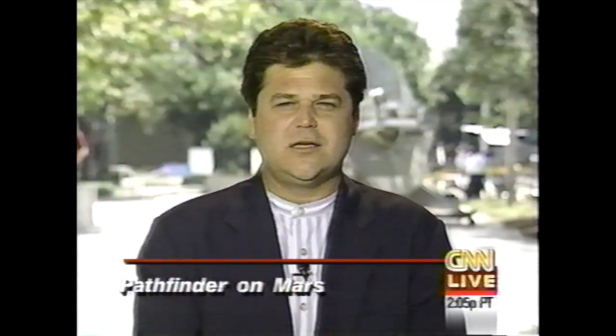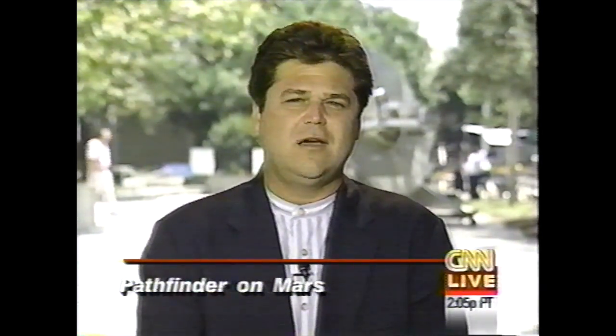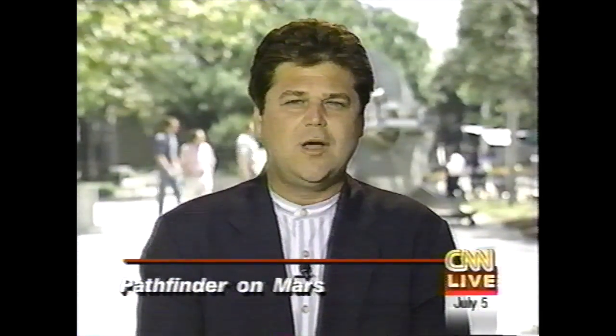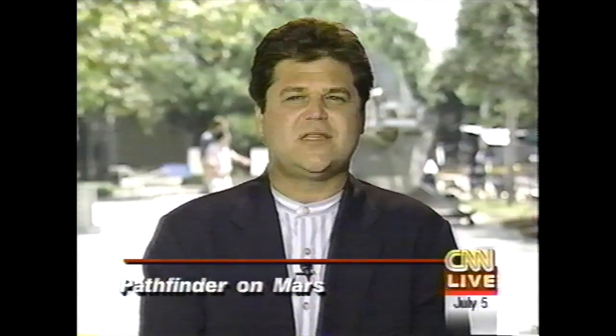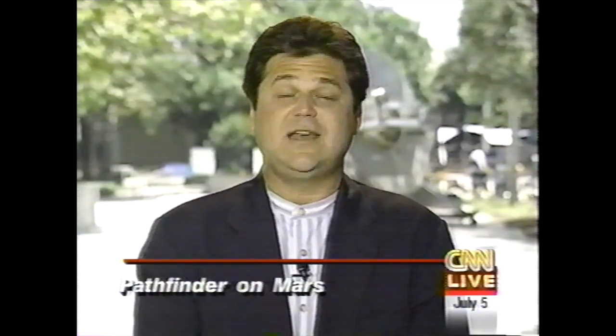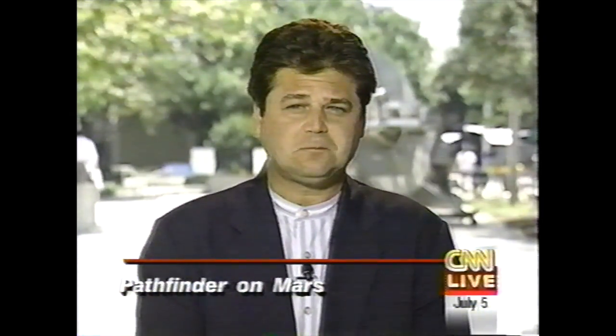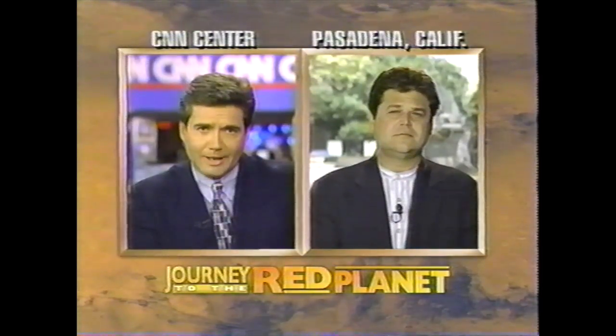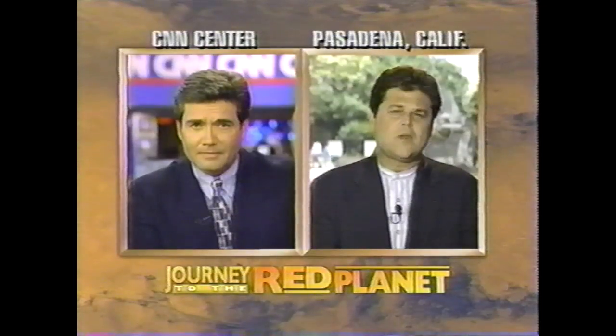So already, Lyndon, they have far exceeded any of their goals, although obviously as scientists who are pushing the envelope, they want to get that rover off. It is the centerpiece of this mission, and we're going to be building up to some exciting moments throughout the day and evening today. Lyndon? What else are they hoping for in terms of changing conditions that may help them with the reestablishment of that communications link, John? Well, what we have now is that the sun has come up on Mars, so they're getting